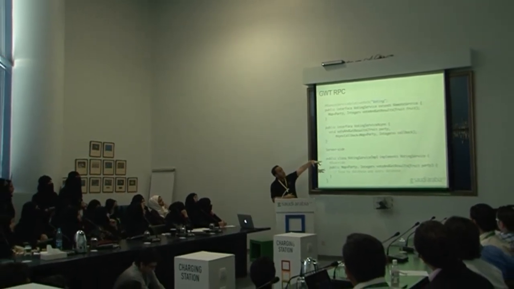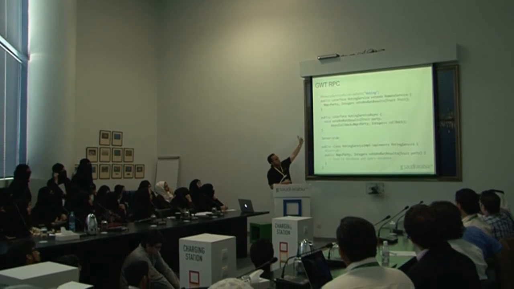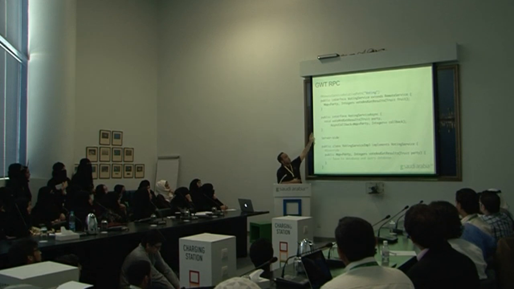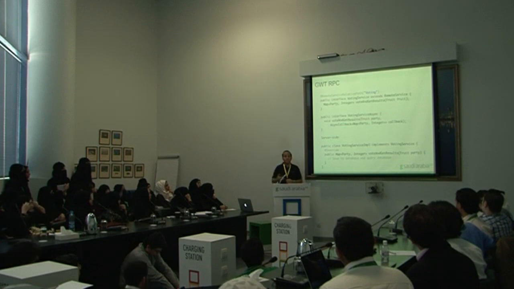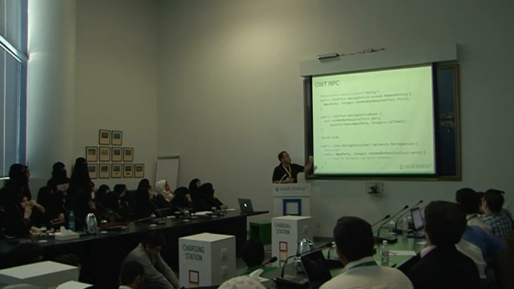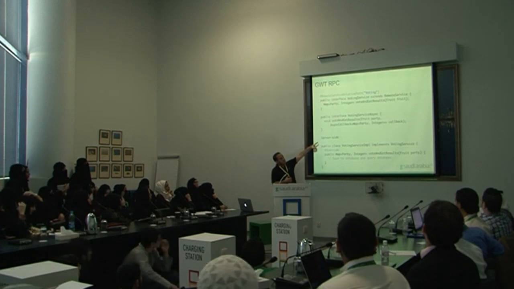I pass the fruit, and I get back a map of fruit to integer. You can ignore the party, that was a different presentation. So I have a map that tells me, for each of the fruits, the number of votes that have been saved. In the second interface, the asynchronous version,